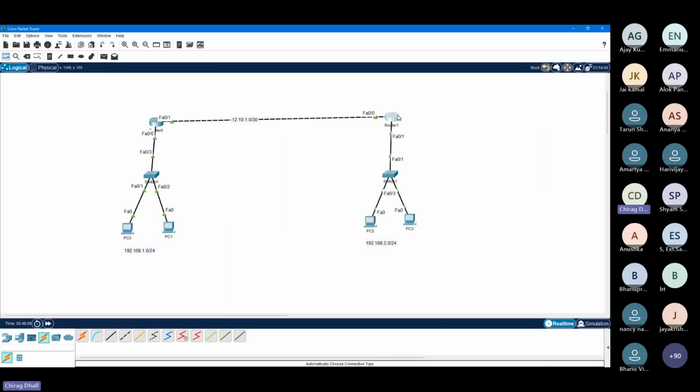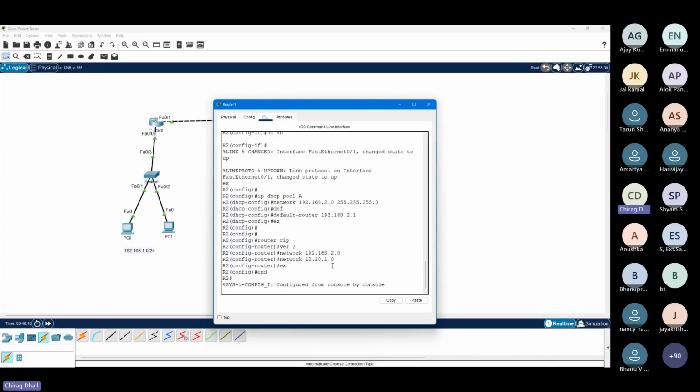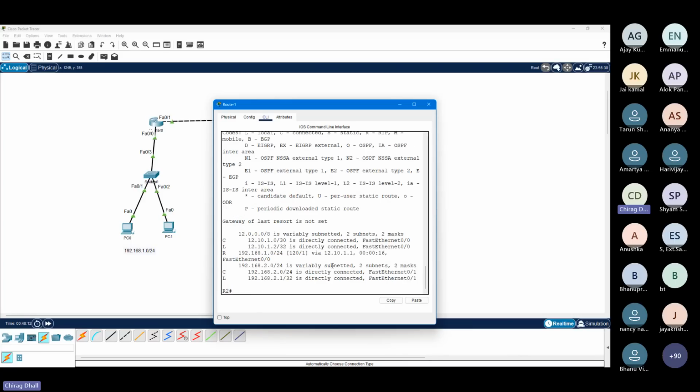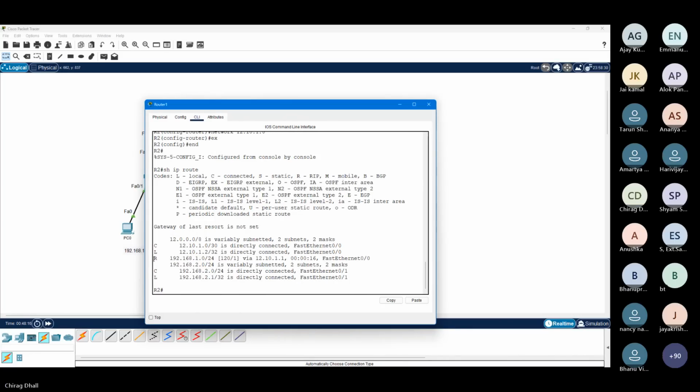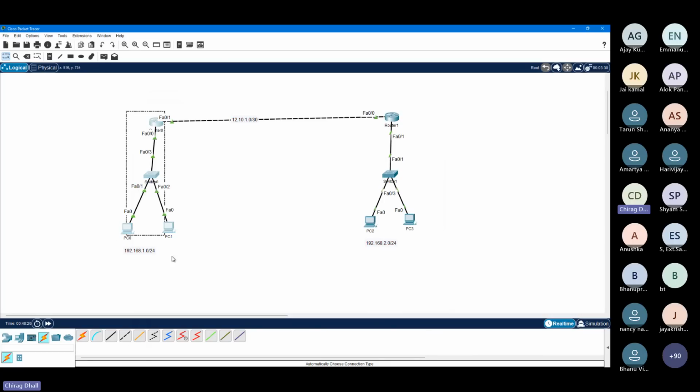Similarly, if you go to router 2 and check the routing table, show ip route, we have a RIP route for 192.168.1.0. 120 is the AD, 1 is the hop count. Sure, Sayed. This is a situation where router 0 is connected with this network, router 2 is connected with this